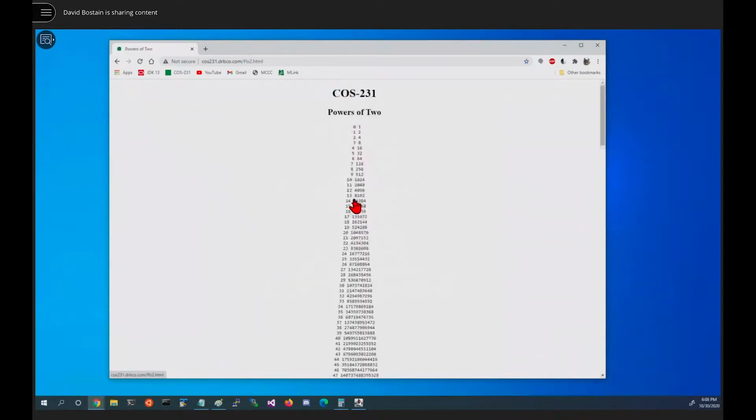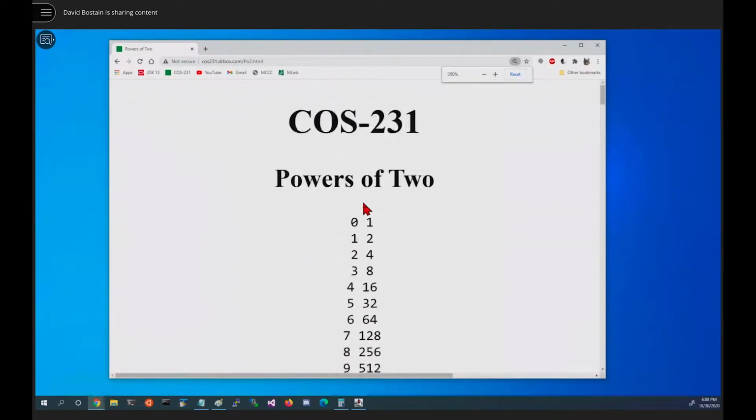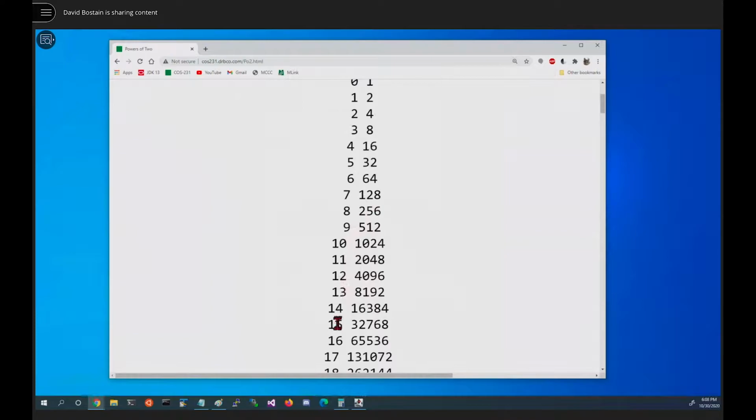Now, the next thing is the powers of 2. Should you forget one, they're supposed to be memorized, but should you forget one, they're all here. Here's the one you memorized up through 16. So, you do have a place to go quickly if you need to look one of those up. Maybe you forgot whether 2 to the 8th is 256 or 255. You can't remember what it is. Well, you should have it memorized, but if you don't, this is a fast way of finding it.